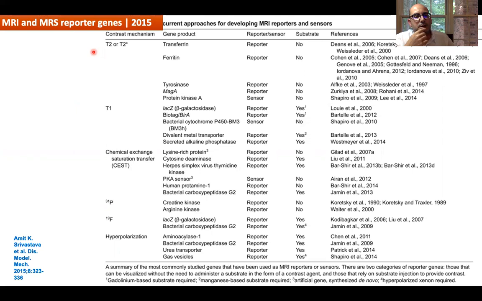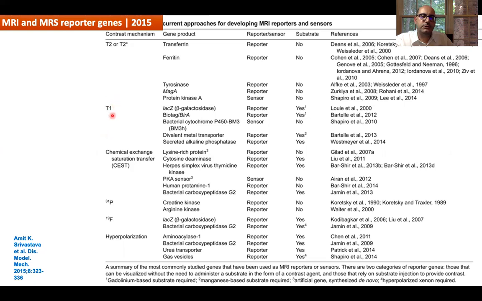In this case, we have proteins that bind or are associated with accumulation of iron. Iron or iron oxide is a very strong T2 agent that leads to darkening of the MR image. The other options,